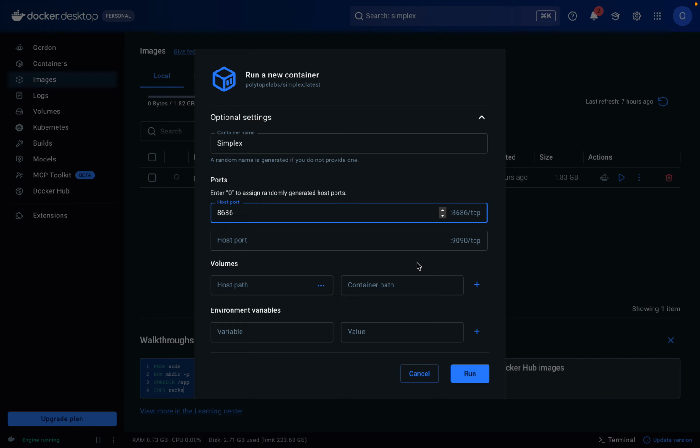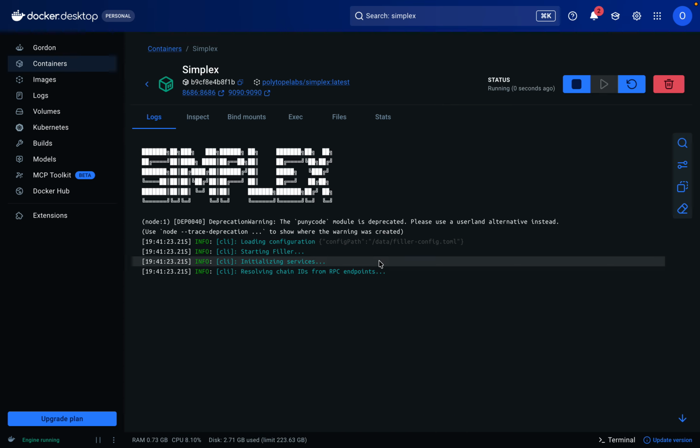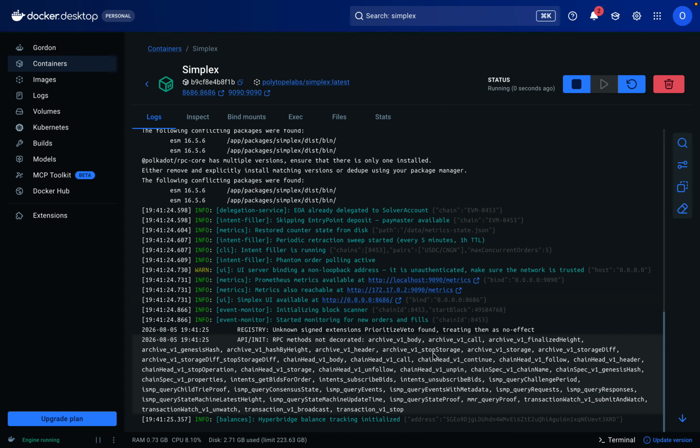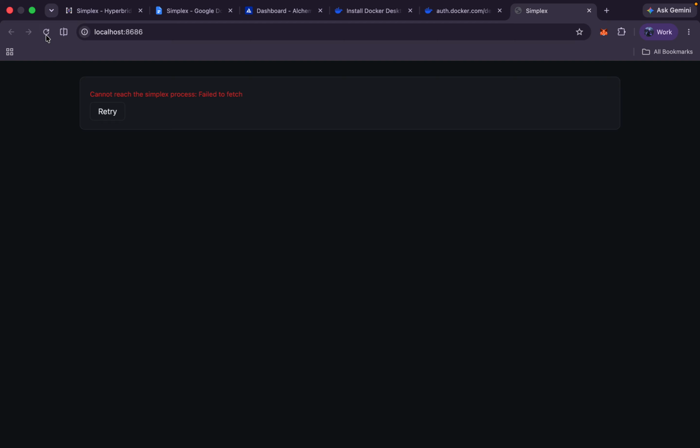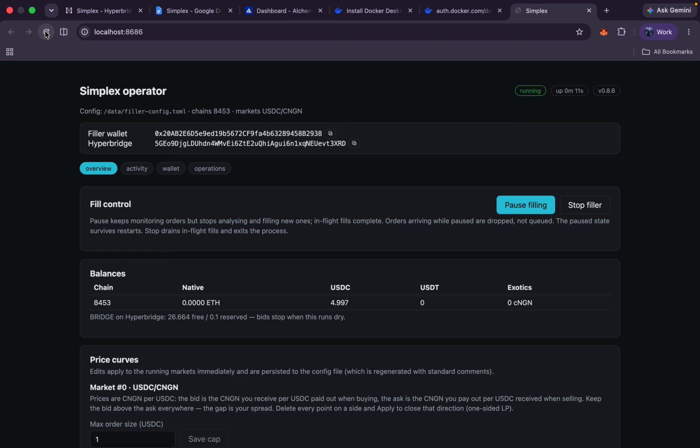Use the port numbers that are here, we use them, and for this we're going to use the same volume that we have as our data saved, and then we run. Right, and when we come to our Simplex dashboard, we have to refresh it, and it's back on, and we